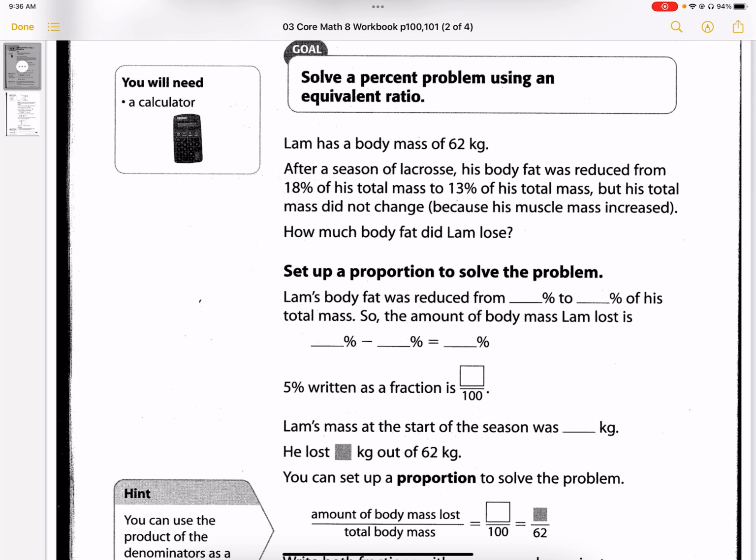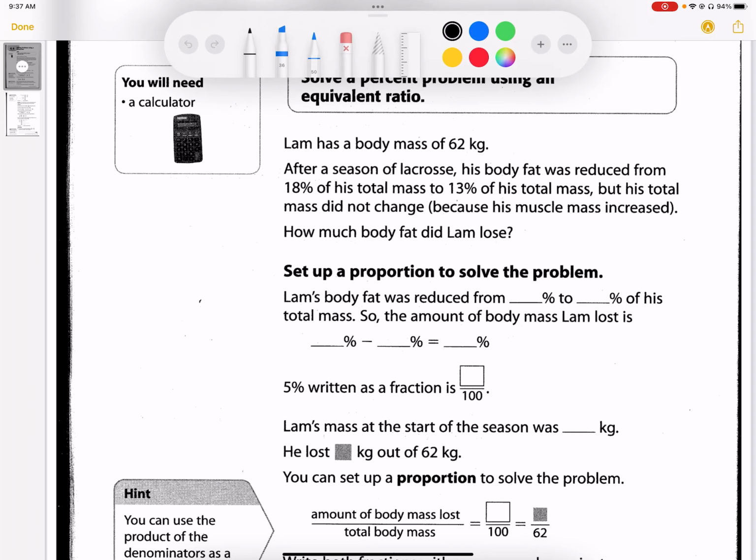So it says Lamb has a body mass of 62 kilograms. So that represents the whole. After a season of lacrosse, his body fat was reduced from 18% of his total mass to 13% of his total mass, but his total mass did not change. How much body fat did he lose? Okay, so